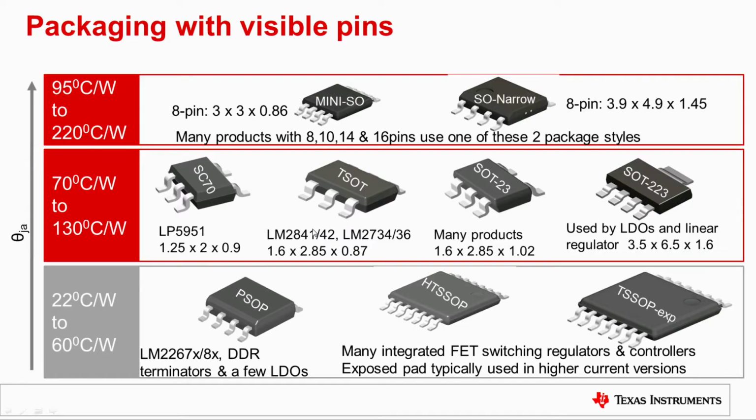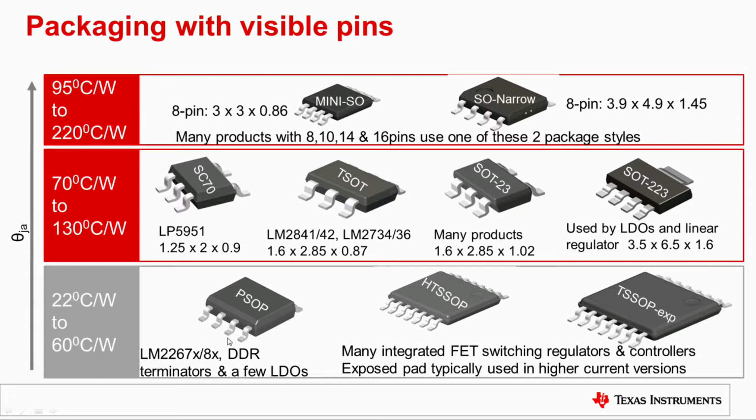So the first thing you're going to look at for thermal design is your package. The smaller the package, the less likely you are to be able to get out the heat. Why? Well, if we look at these smaller packages, these mini SOs, the SOIC Narrows, they just don't have an exposed pad. There's no room for it in these smaller packages. And so then you have a wire bond which connects to the leads, and it's not a very efficient path for heat to travel. As we get to larger packages, the thermals start to improve, but it's not until we get to the packages with large exposed pads that we start to see improved thermal performance.